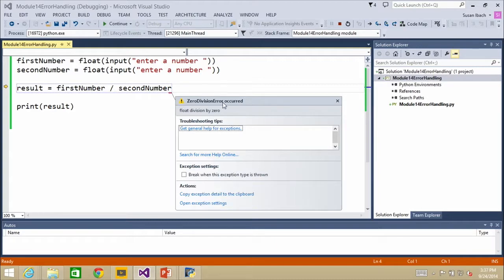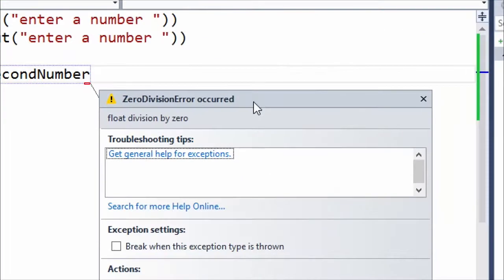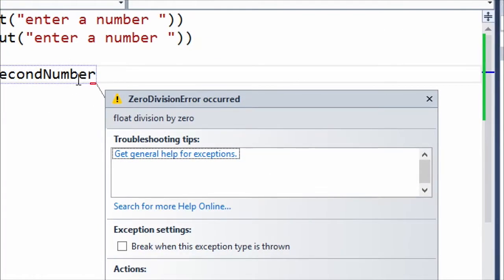Sound effects and all. Yes, the user won't have Visual Studio. They're not going to see a little box pop up with code saying 0 division error occurred or anything like this. They're probably just going to see error messages all over the screen. But now, the nice thing about us as coders is we do have Visual Studio. And what I love is, again, if we zoom in a little bit here, you can actually see the line of code. There's a line showing me which line of code caused the error. And I can see the exact error message that occurred, 0 division error.